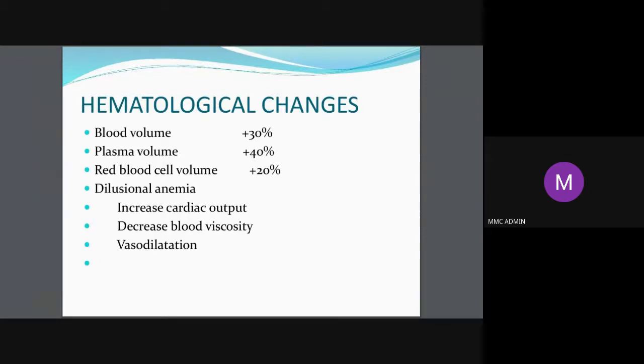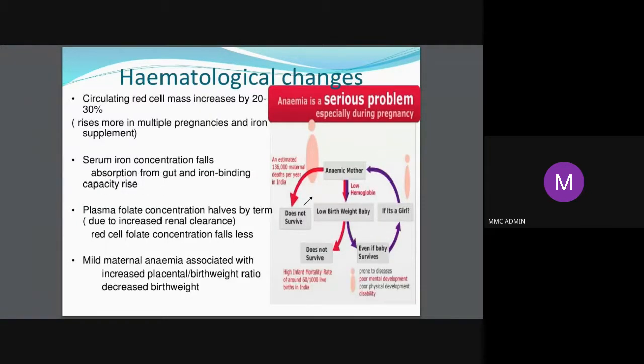So because of this, what happens is you have something called physiological anemia or dilution, because the plasma increases more than the RBC. Now everything is increasing once again to carry more oxygen to the fetus, but it is not proportionate. So especially in the second trimester, what is the definition of anemia in pregnancy? It is less than 11 gram percent. But in the second trimester, because of a lot of dilution, you take the cutoff to be about